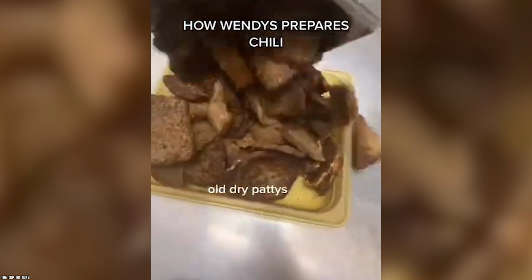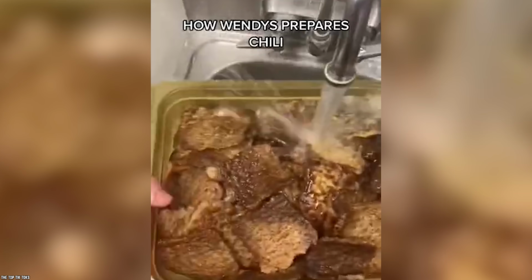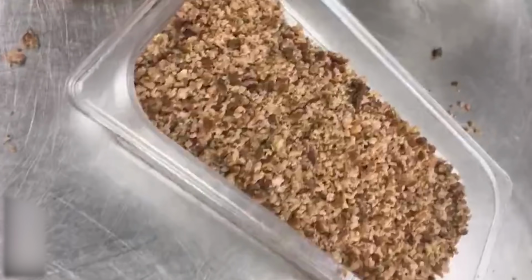The less-than-fresh burgers are transferred to a plastic pan and microwaved with water to bring back some hydration to the meat. The water is then removed and the meat is chopped up into tiny pieces so it can be